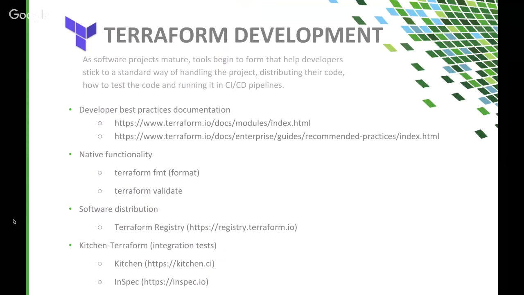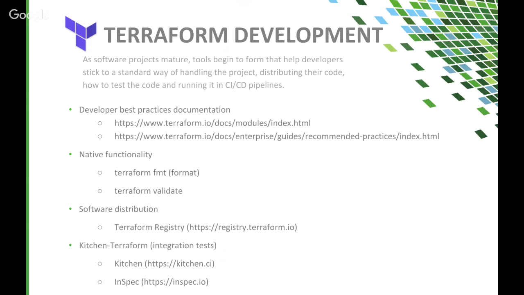As many of you know, software projects take time to mature, community grows around it, and then tooling begins to form. These tools could be methods for sticking to a standard within a project or as a community as a whole. They also start finding ways to distribute their code, create a test framework, and eventually we all try to wrap this up into a CI/CD pipeline. And so HashiCorp has taken the opportunity to create best practices documentation and Terraform module recommendations. I put those on the slide so you can look at those later. Those type items greatly reduce the amount of churn in methodologies within the community.